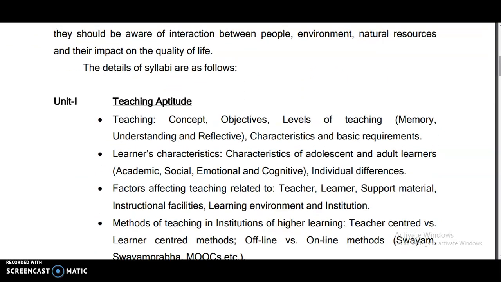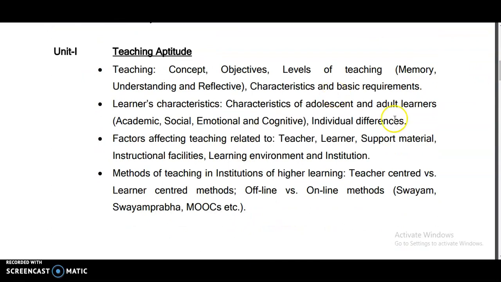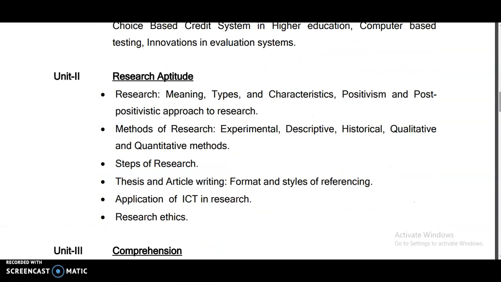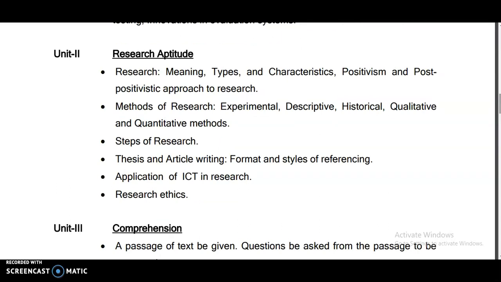In the next videos onwards, we are going to see each and every concept as per this syllabus provided by the UGC, in an orderly way. Whatever the titles or concepts mentioned here, as per this order only, we are going to see the lectures with respect to the slides in the upcoming videos on this channel. It will be very beneficial to all of you who are preparing for the UGC NET examination, so that you are going to get the complete video lectures as well as the PPTs, everything, on this channel.